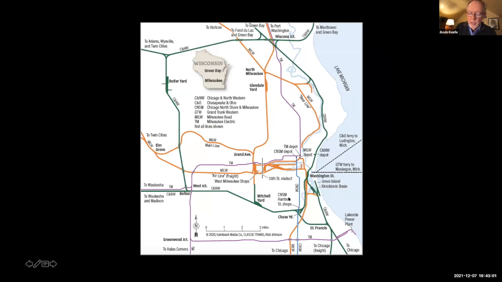Now we're going to move, let's see where we're going to move next. Okay, we're going to head back to the east side of Milwaukee. We've been down here. St. Francis is here where we were just looking at. We're now going to jump up to the lower east side of Milwaukee, and we're going to explore what's known